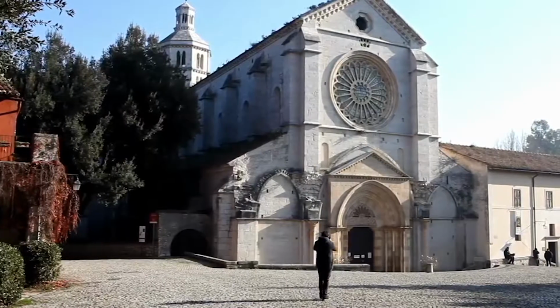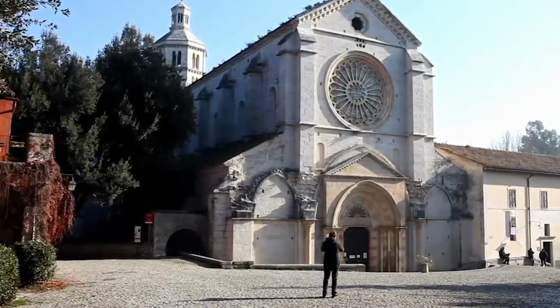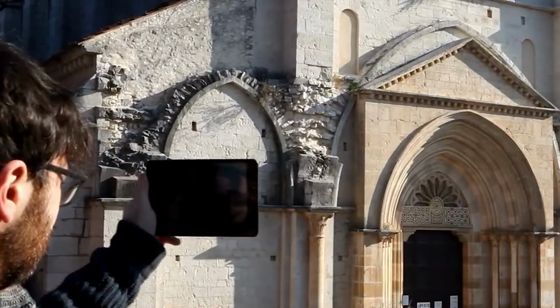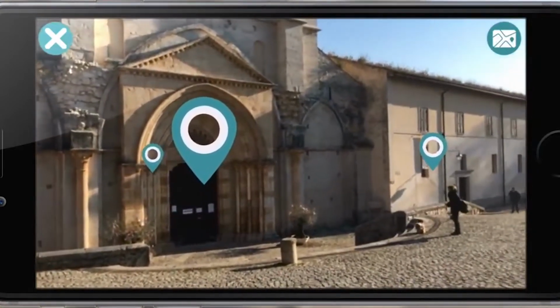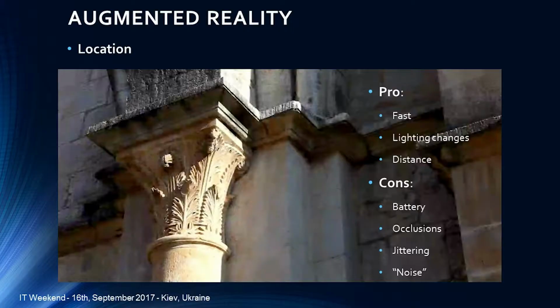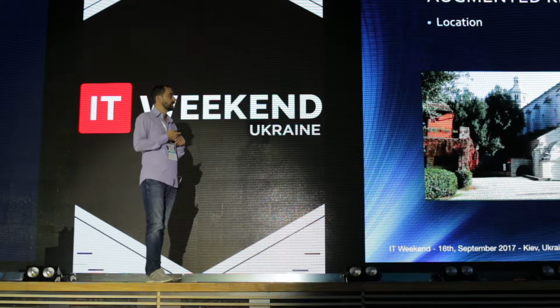It works very well with objects in the distance, not objects very close to you, because of the errors of the sensors. You know that when you use GPS, the position can change, and this is not very accurate. You could have 5-meter errors, so it doesn't work with close distances, just long distances.